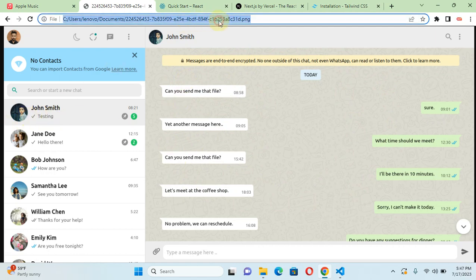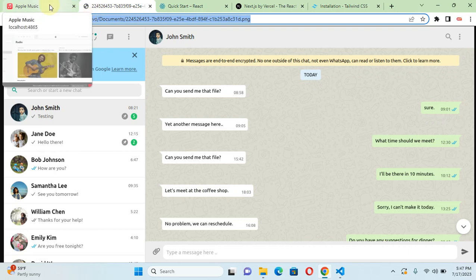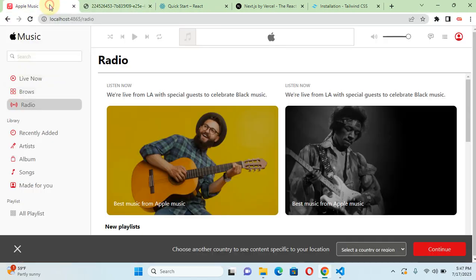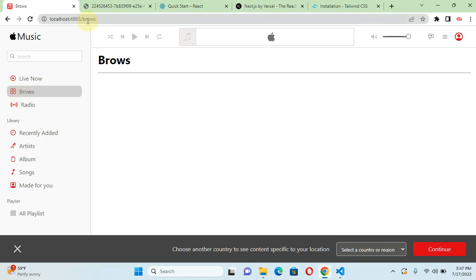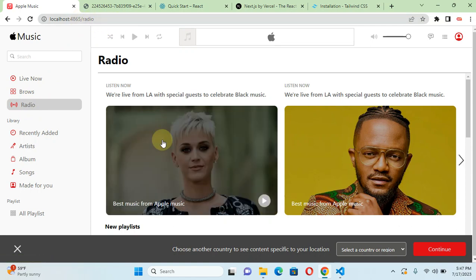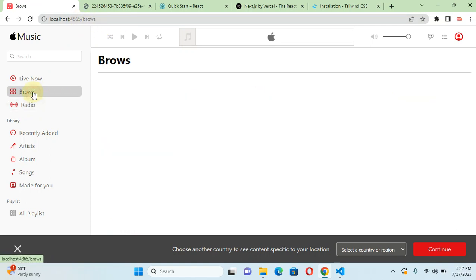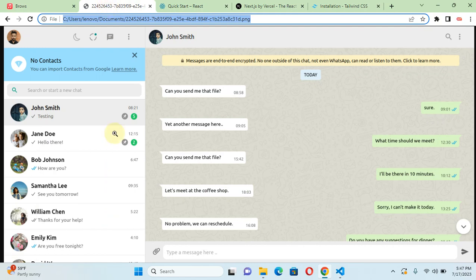However, the address bar doesn't necessarily change. Let me just show you on an Apple UI clone that I did, so that you can have an idea of what I mean when I say the address bar doesn't change. As you can see, we've got a /browse. When we come back to radio, we've got a /radio, but on WhatsApp web this doesn't happen. So in our case, since we want to learn